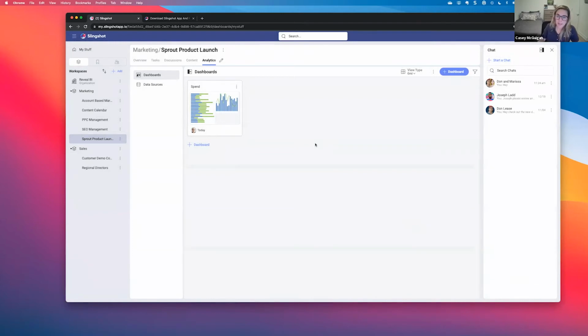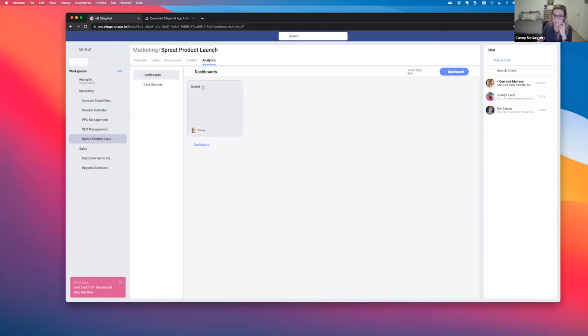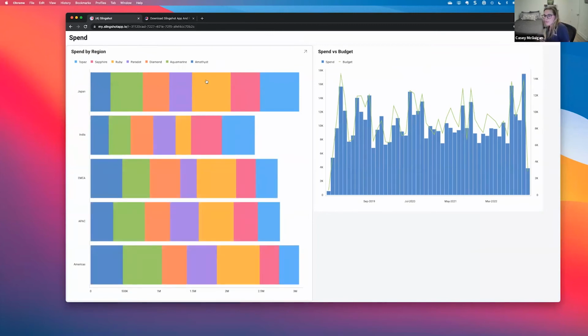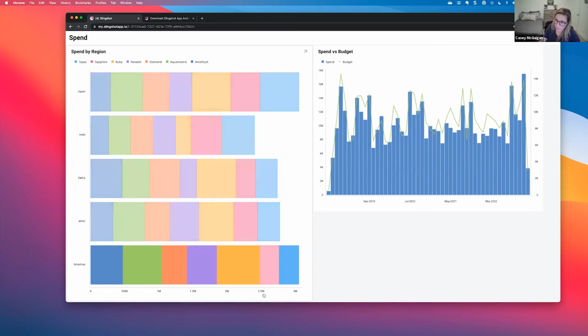So you now saw the overview, tasks, discussions, and content and analytics. But the glory of Slingshot is what we refer to as productivity flows. All of those different use cases right now in the market have their own applications. Like you have an app for your project management, you have an app for your analytics. So not only does Slingshot bring them into one location here, but they work very nicely together, where